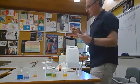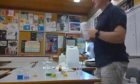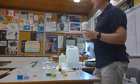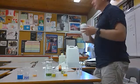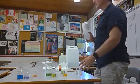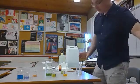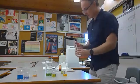So what's in here is a weak acid and a weak base, conjugates of each other, and they're basically acting across from each other. So the weak base in here is neutralizing the acid that I'm adding. And so if I was to really get crazy here and start pouring this in,